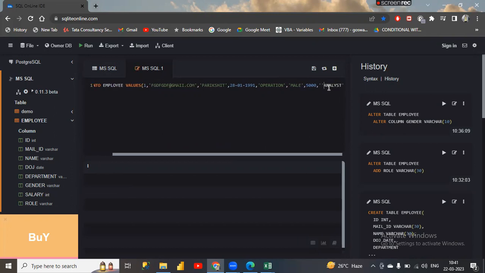Now if you are done with the role and all those things, you just need to close the bracket. So what you have done is 1 2 3 4 5 6 7 8, and on the basis of the columns you have followed this sequence and entered the data. Now if you just execute this,